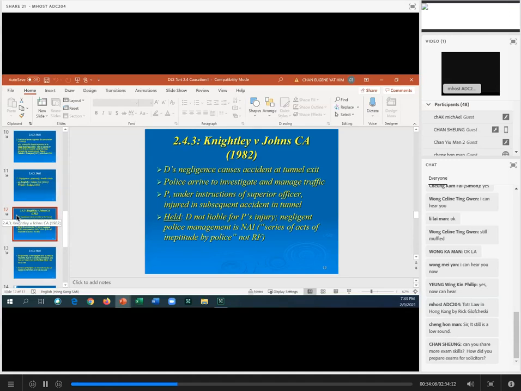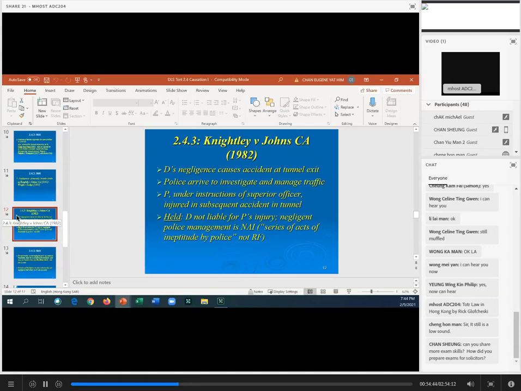And a superior officer should have known about these standing orders, and what he did was that he undertook a series of actions which were not in compliance with these standing orders. First of all, he should have stopped the traffic going through the tunnel. Instead of doing that, he sent an officer on his motorbike against the flow of traffic to try to stop the traffic flow. And what happened is that the police officer on his motorbike collided with another vehicle, and was injured.